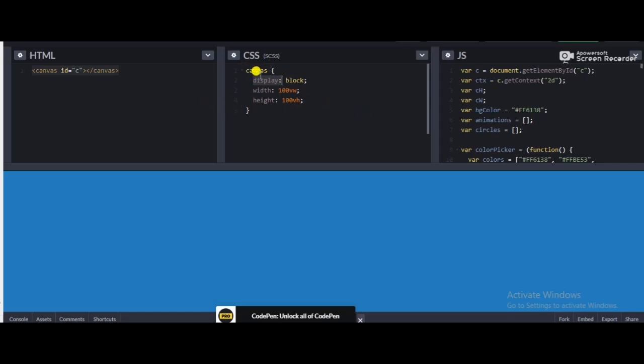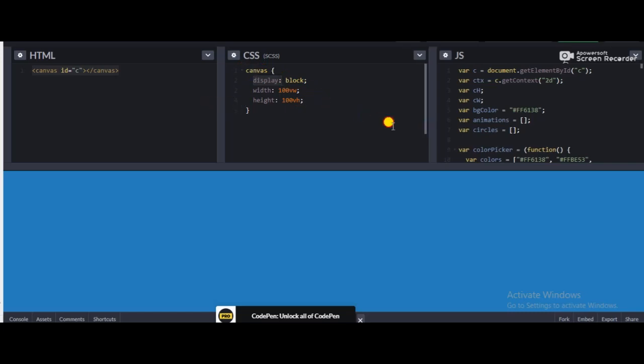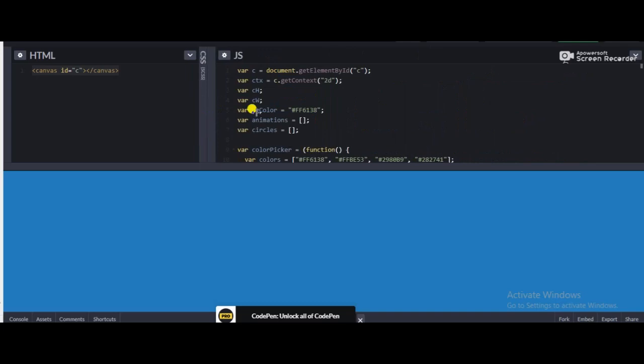So now we are moving on to the JS. In the JavaScript portion, we have to declare a variable called c, and this variable gets the ID from the canvas called c. After that, this is the context, the canvas context, and it is for drawing in 2D.